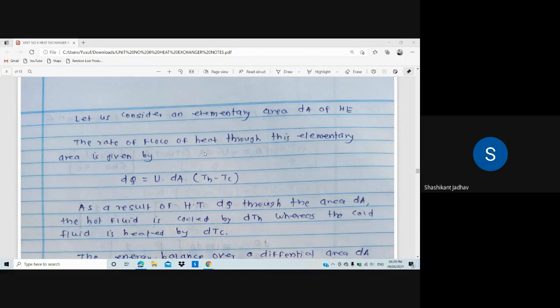Okay, आता इथं काय होत असेल पॅरलल फ्लो हीट एक्सचेंजर मध्ये, एक हॉट फ्लुइड आहे एक कोल्ड फ्लुइड आहे. सो ऍज रिझल्ट ऑफ हीट ट्रान्सफर dq through the area dA, the hot fluid is cooled by dTh. म्हणजे ज्यावेळेला एका पाईप मध्ये हॉट फ्लुइड असणार आहे दुसऱ्या पाईप मध्ये कोल्ड फ्लुइड असणार आहे, तर त्या पर्टिक्युलर स्मॉल एलिमेंटरी एरियामध्ये हॉट फ्लुइडचं टेम्परेचर कमी होणार आहे, आणि ते dTh ने कमी होणार आहे, जे आपण डायग्राममध्ये मेन्शन केलेलं आहे. For that particular small elementary area the temperature of hot fluid is reduced by dTh.